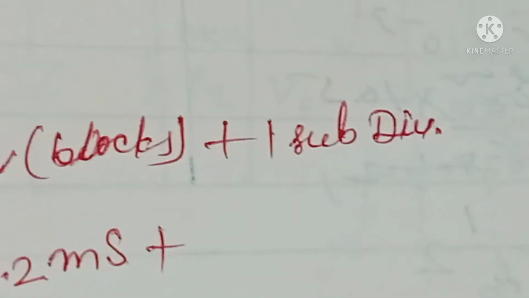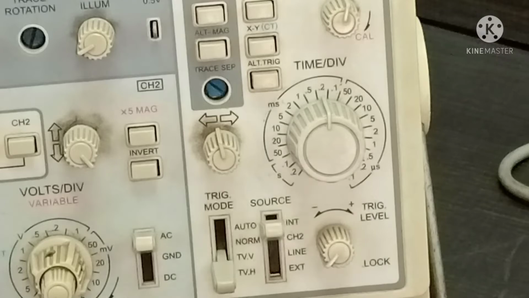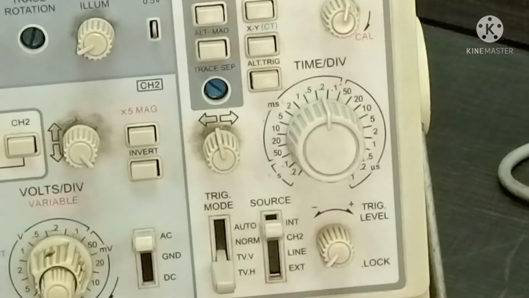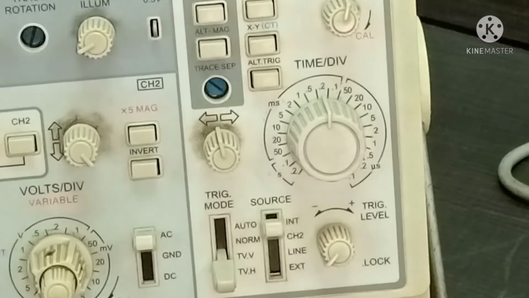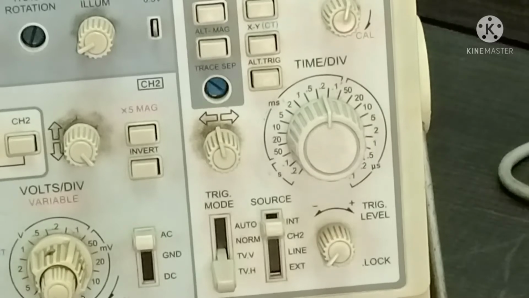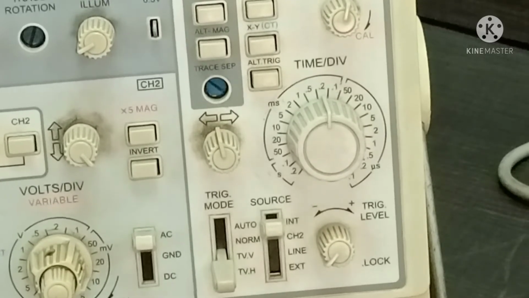So here it is given that 1 subdivision, which means 1 by 5 division. So I can write down 1 by 5 division. And now the division I can convert in terms of second or millisecond. 2 into, it means I will get here 0.4 millisecond plus 1 by 5 into,